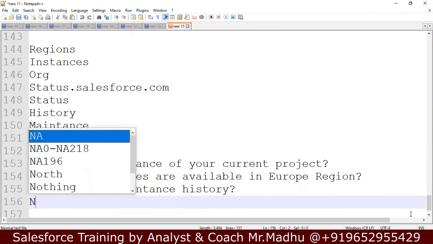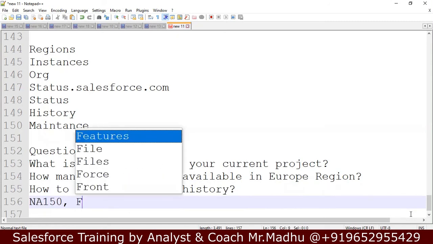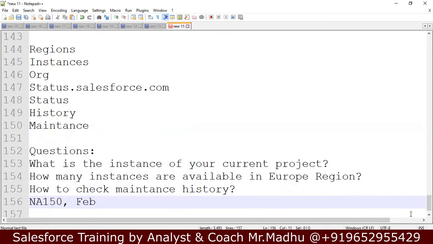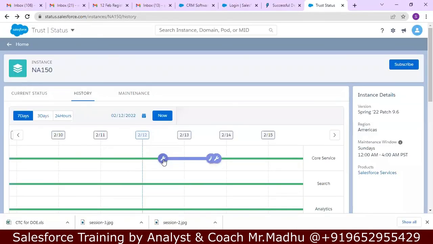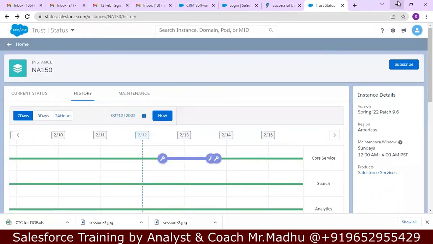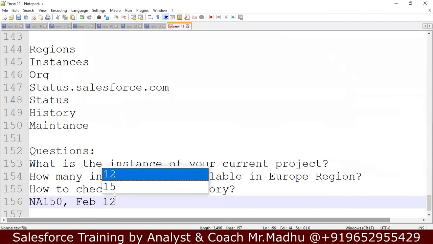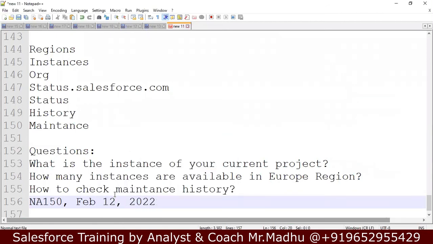For that, you take the NA 150 instance and check status on February. Check status on February 12th, 2022.